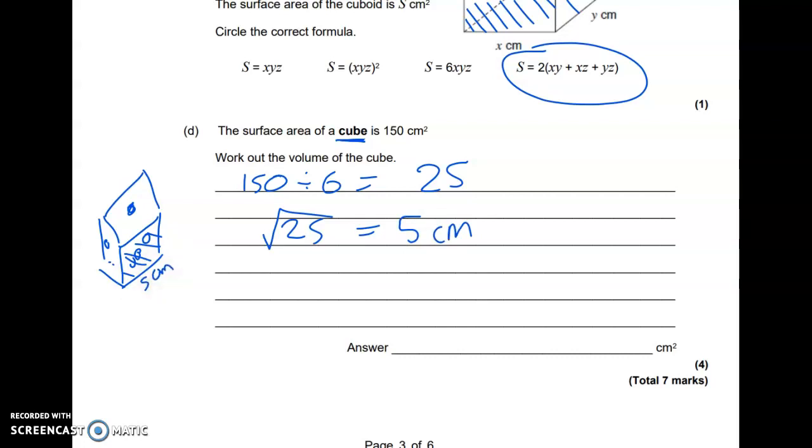And then the volume of a cube is 5 times 5 times 5, so it's height times width times length. So it's 5 cubed. Can't write very well. So 5 to the power of 3. And that's 5 times 5, which is 25, times 5, which is 125 centimetres. It says cube there, but that's wrong. So if it's volume, it should be